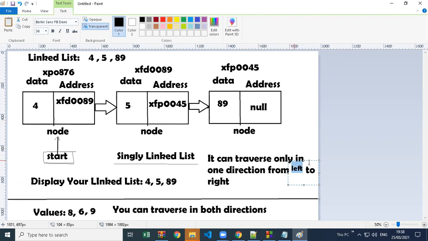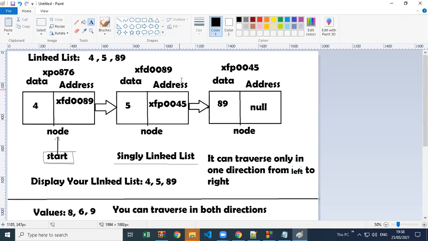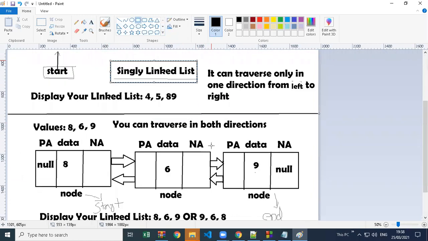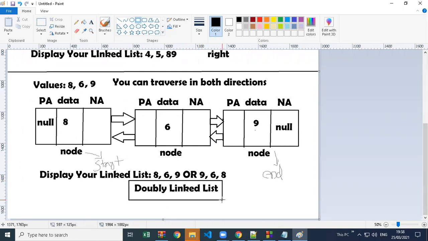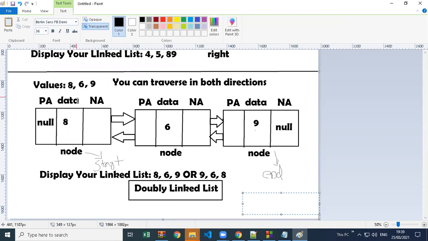So now remember this too. We have linked lists. In linked lists, there is the singly linked list, and then we have the doubly linked list. In a doubly linked list, you can see two directions. You can traverse in both directions, and I will write just for our information, because now we remember PA, previous address, NA. So PA means previous address and NM is next address, next memory address.